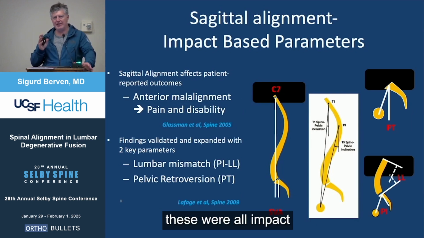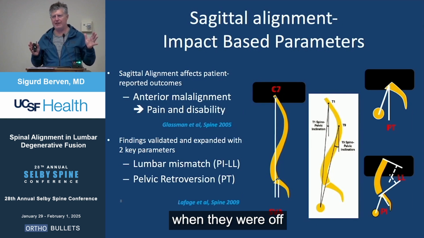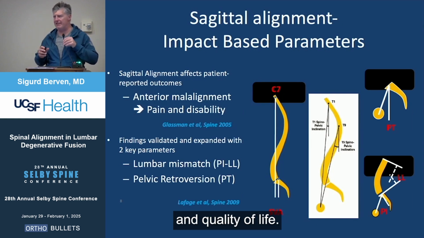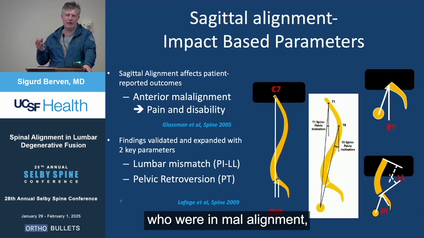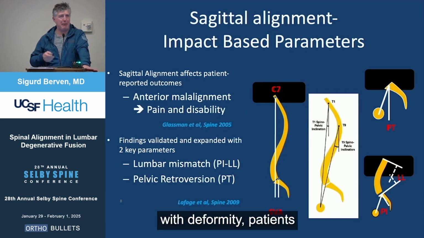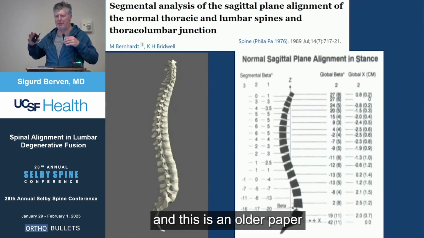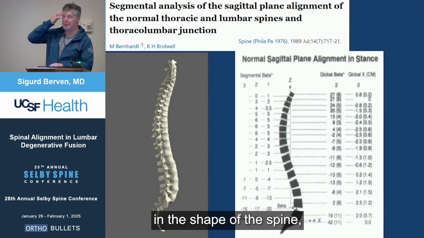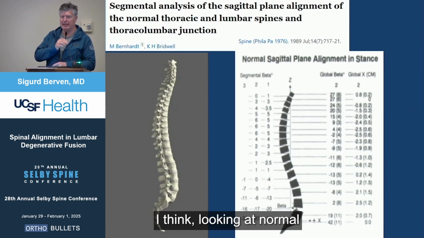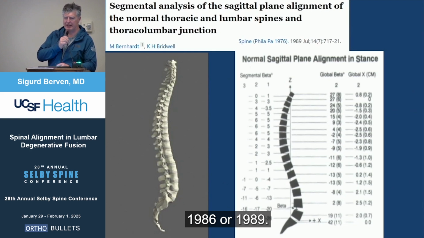What I want to point out is that these were all impact-based parameters. So these parameters, when they were off, had an impact on health-related quality of life. These were also derived from people who were in malalignment, patients with deformity and patients with symptoms. When we look at the shape of the spine, and this is an older paper that Mark Bernhardt and Keith Bridwell wrote, in the shape of the spine, I think looking at normal parameters is important. And even as early as 1986 or 1989,